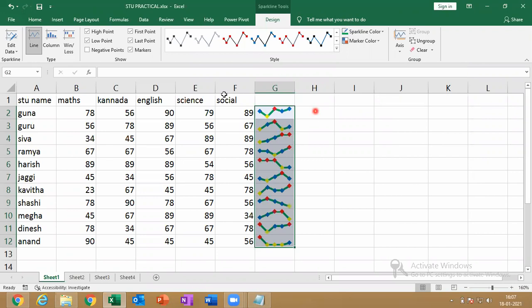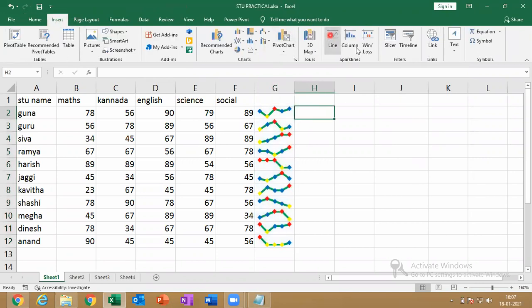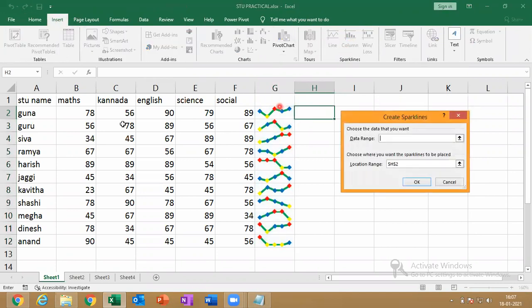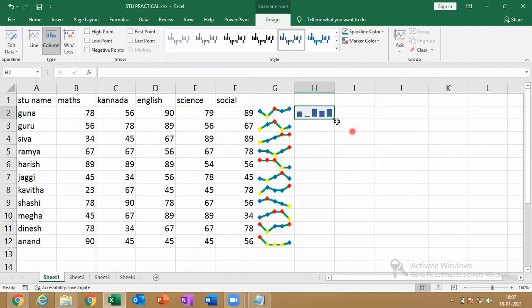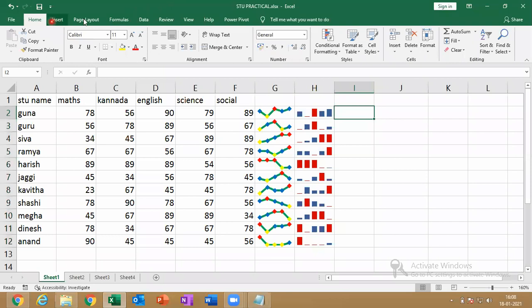Understood, right? So in the same way, from here itself we can change to column or win or loss, or else set one more cell, go to the insert tab, click on the column chart, select the data set up to here, enter. Is that clear? And then win or loss.